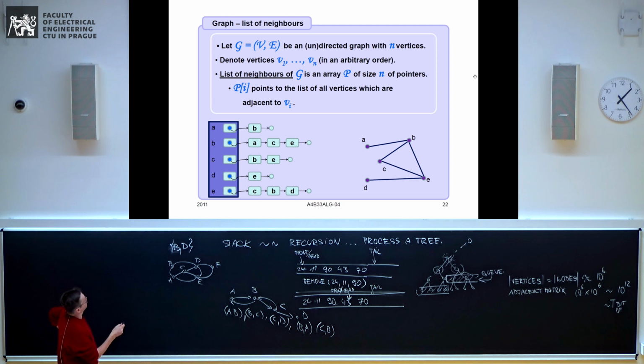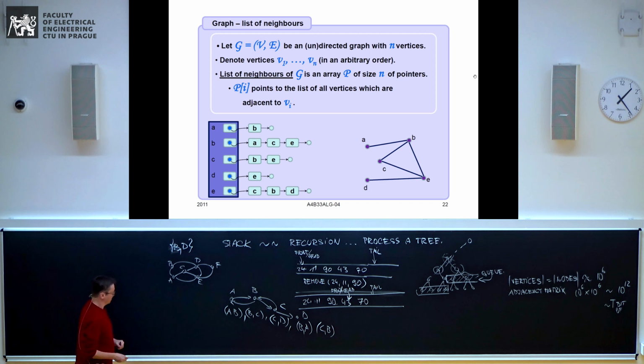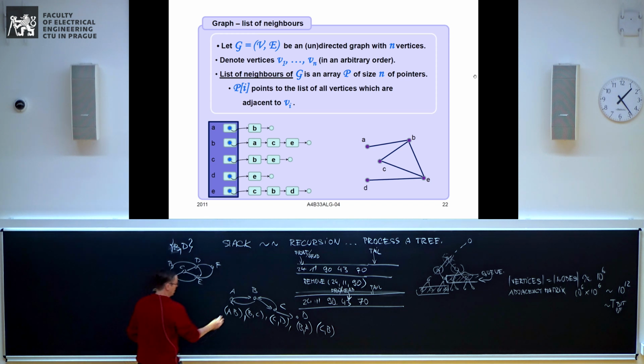And the same happens in all other cases. From A you can go to B, from B you can go to A, C. When you are in B, you can go to A, C, and E, the neighbors, and so forth. If your graph is directed, then you apply absolutely the same idea. For example, in the example we have on the blackboard, let's call this G1. So G1 you would represent as a list of